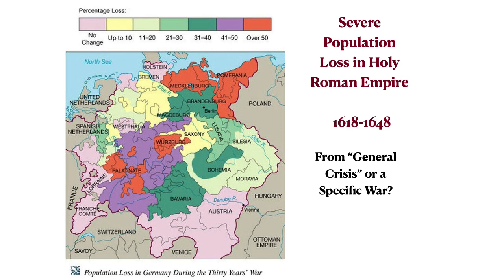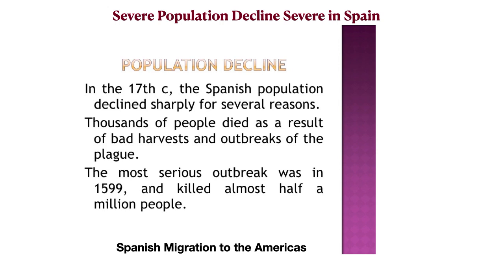But these repeated instances of armies marching across the land, spreading diseases, eating the food, any time of climatic deterioration resulted in these massive population losses. And you can see for some areas over 50%, that's in the red, and the purple, 41 to 50, in the green, 31 to 40. I mean, those are large losses, and these are pretty good numbers. And we can look at other places. In 17th century Spain, population declined, partly because people were migrating to the Americas, but a lot of it had to do with bad harvests, outbreaks of the plague. Again, it's not gone. It's a lot of people dying.